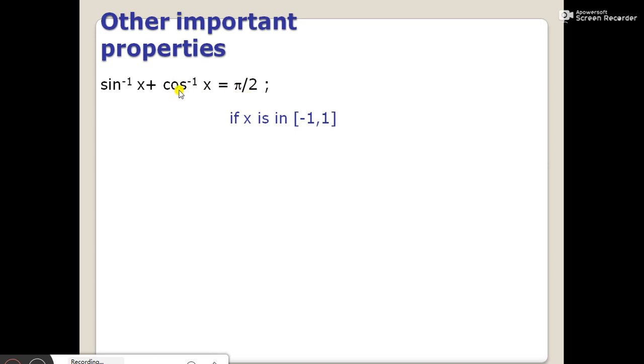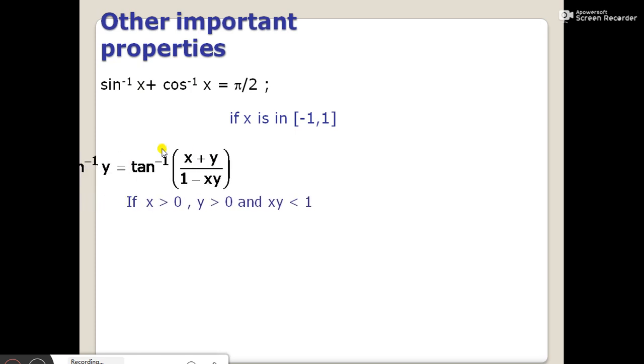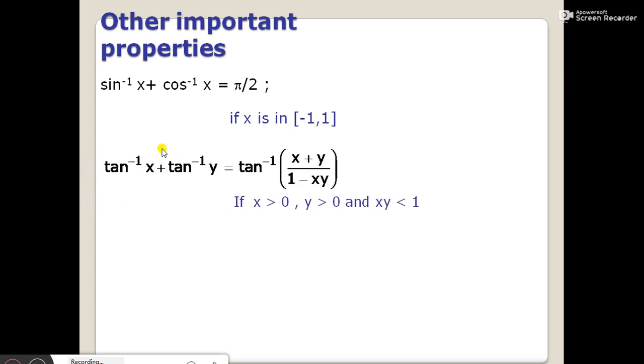As you have done earlier, sine function and cos function, we can convert it. Sine of pi by 2 minus x, you can write cos x, and tangent of pi by 2 minus x, that is cotangent x, and secant of pi by 2 minus x, that is equal to cosecant x. Using this property, we can prove this result very easily. The proof is given in your book. From there we have to say this.